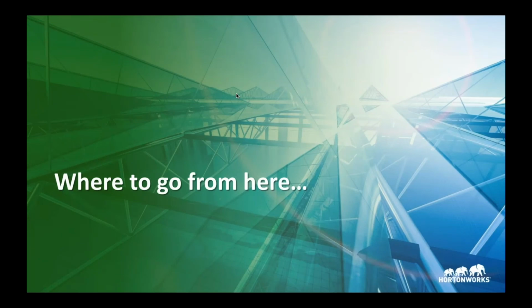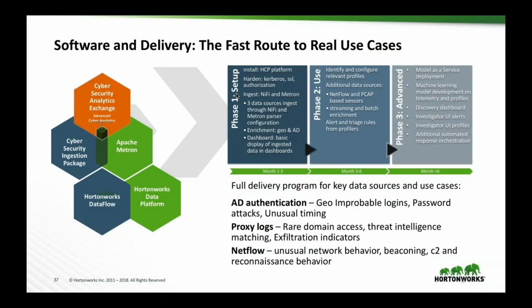So where do we go from here? I mentioned the technology. I want to talk a little bit about what Hortonworks provides. Hortonworks basically supports 100% open source Apache software. So all of our software, whether it's HDP, whether it's HDF, it is all 100% Apache open source